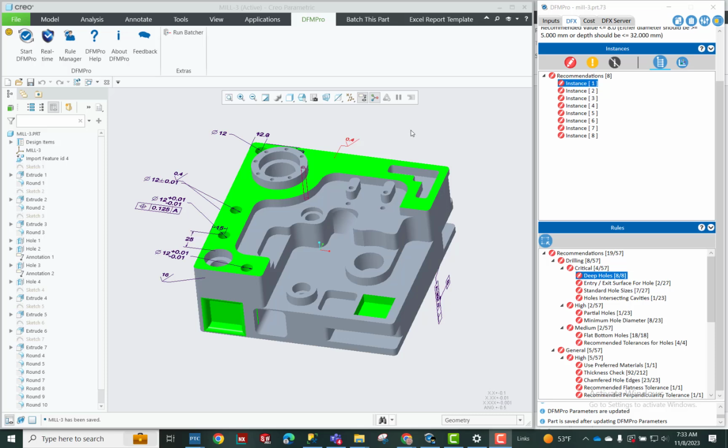Okay, picking up from where we left off with the introduction to DFMPro, here we now have the results of the findings that were associated to this demonstration part that we use with DFMPro to highlight some of the capabilities that the system has in terms of being able to find manufacturability issues. And so as you can see here on the left-hand side, the top left here under DFMPro in CREO, we